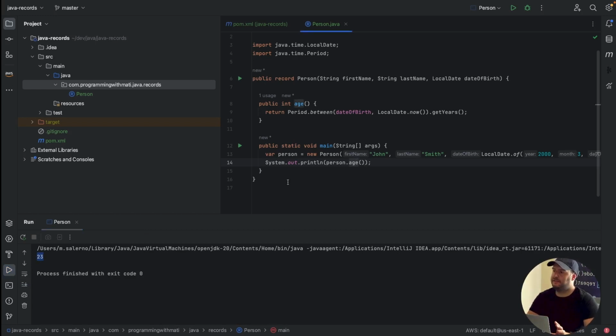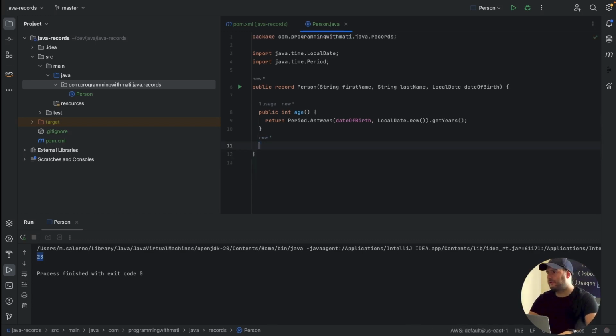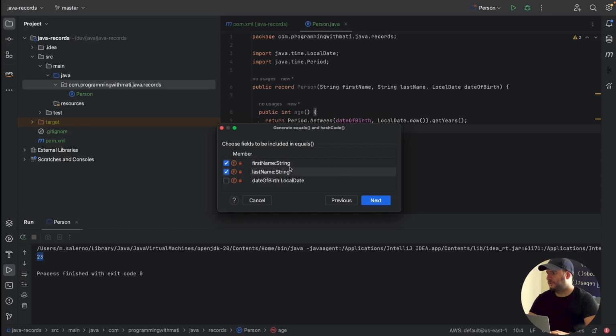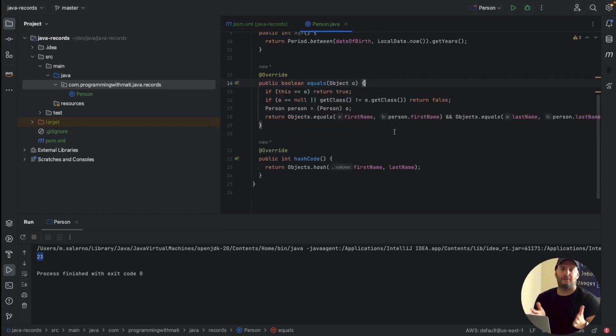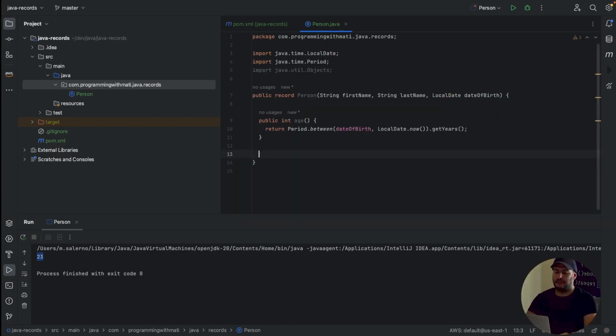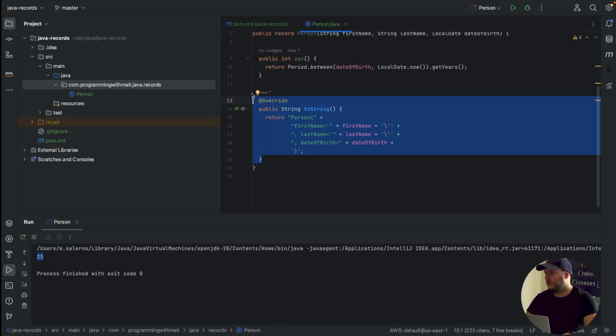So this is really easy to understand, and this is really amazing because you can see now you can focus on your business logic, and you don't have to worry about all those other methods that are just adding noise to your code. Of course, you can override the equals and hash code. For example, if you only want to use the first name and last name, you can still generate an equals. So if I go to generate, I can go to equals and hash code, and I can generate equals for only two properties. So this would override the default implementation, and it will work the same as a regular equals and hash code. And also you can redefine the toString method. There you have the new toString method. So this is really easy to do,